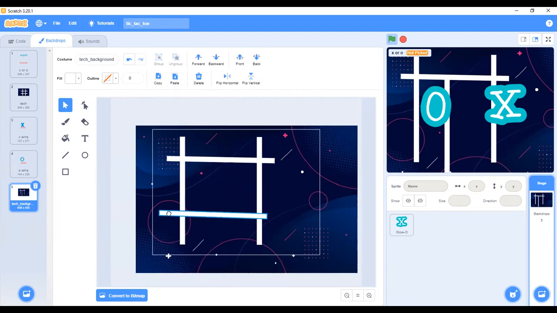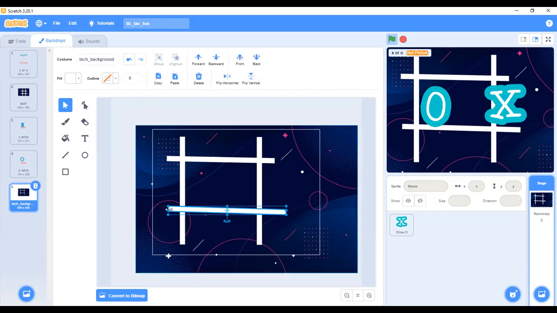I'm not going to be wasting time on this because I've already done it. I'm just showing you so that you don't look confused, because some of you might be wondering, how did you get this? Which is why I have to go back and do it again.